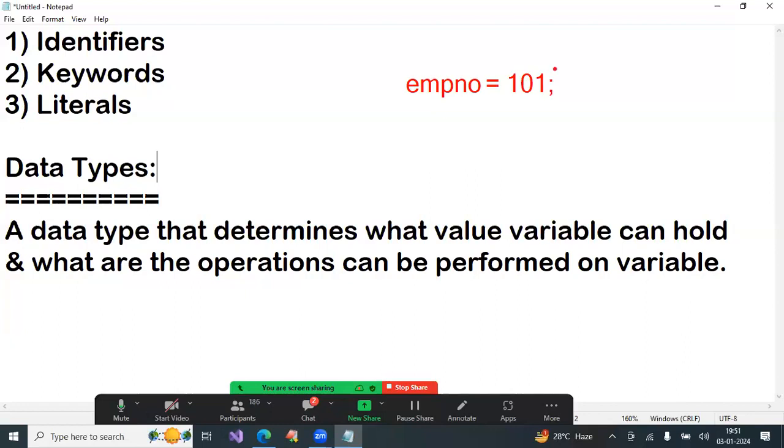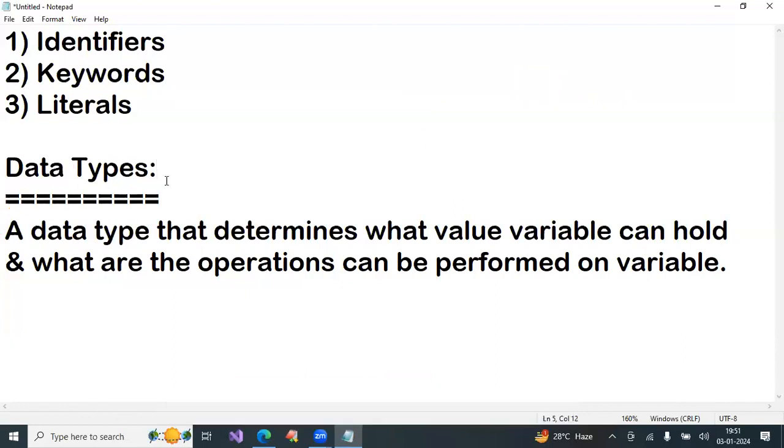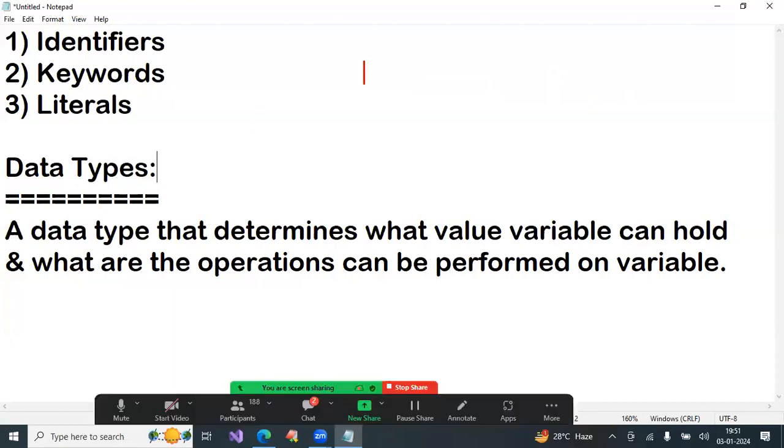But to store the number 101, we have to allocate some memory. That is data type. If you write integer employeeNumber, now this employee number variable contains an integer literal.